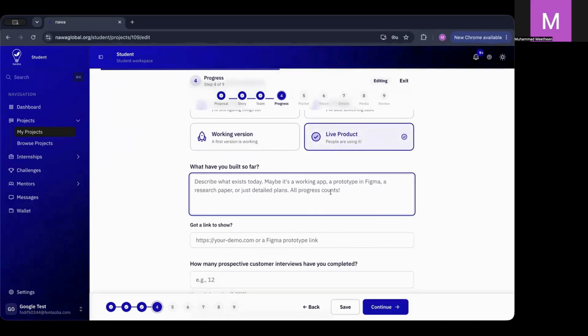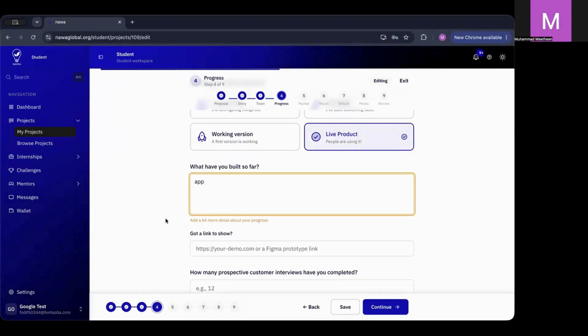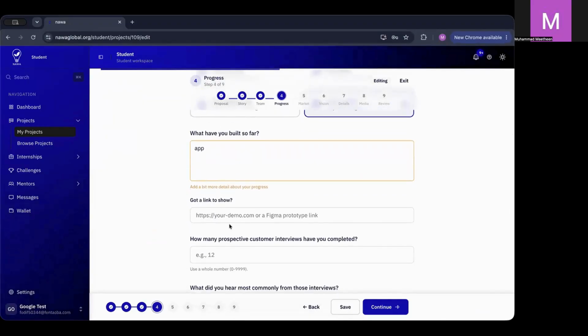What have you built so far? We've built an app. That's what we've built. If you would like, you can also show a demo of it. I don't currently have a demo link, but if you have one, you can. So just put a placeholder right here. It says here we also need a bit more deep detail, so we can say